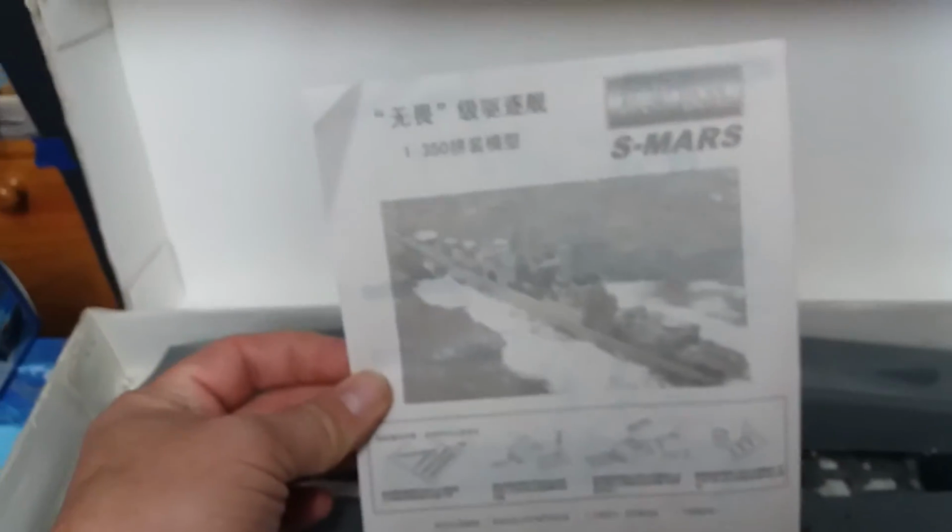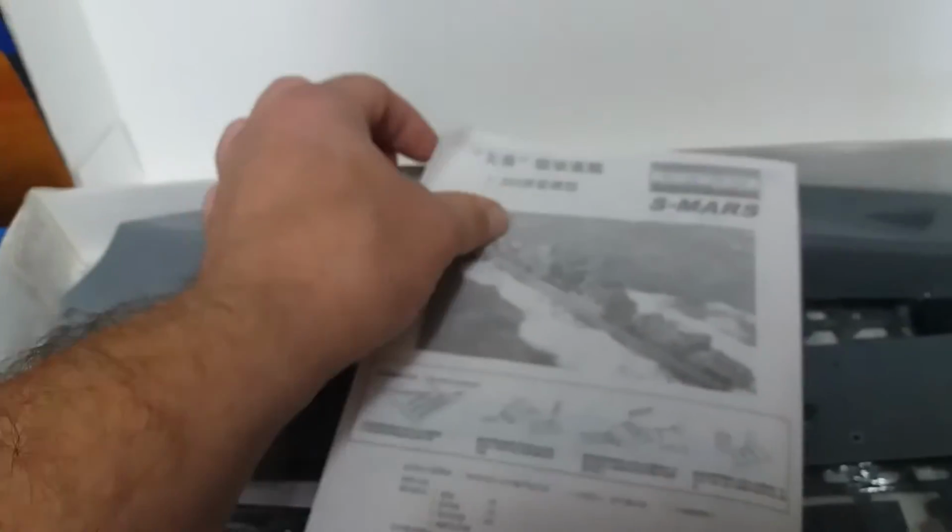But this will serve as more practice for me to scratch build and to add more detail to it. I mean, the instructions are really basic. And it is in 1/350 scale. So I have to do some research on this kit and see what it's all about. So you can see real quick on this one,